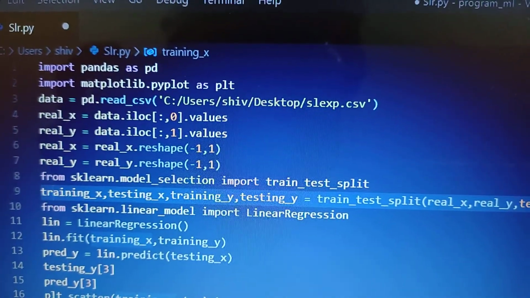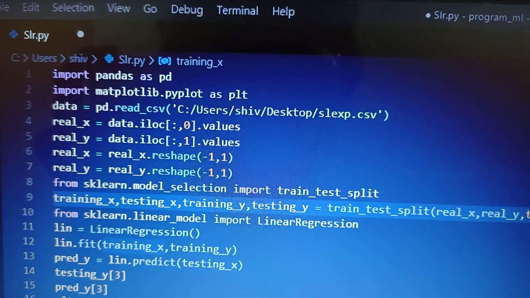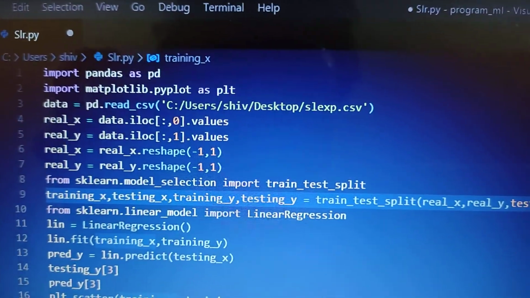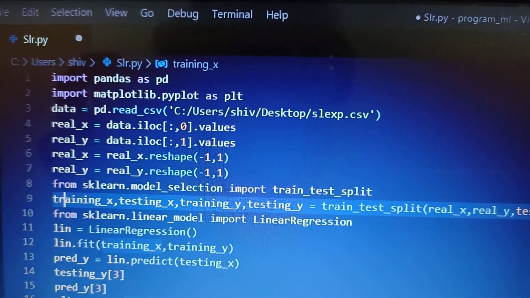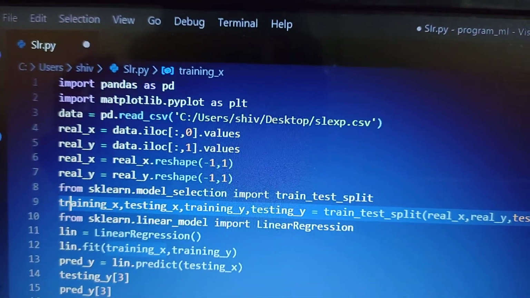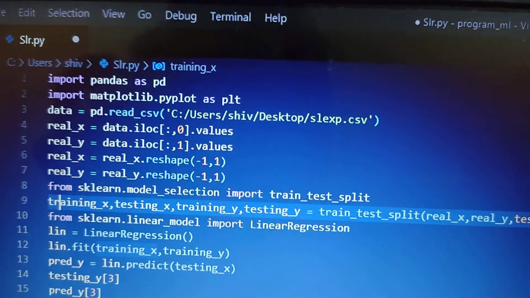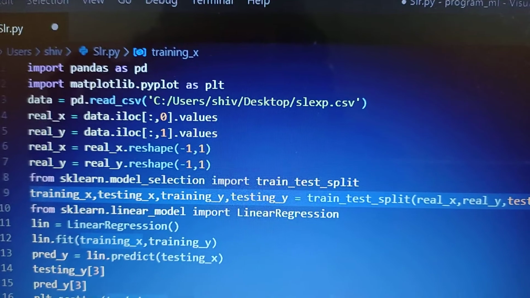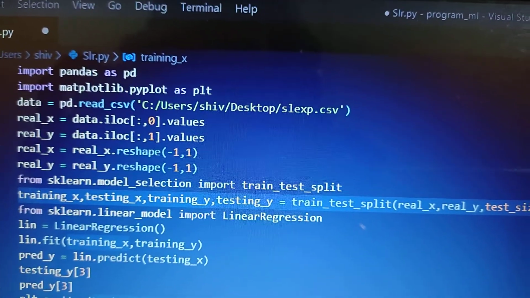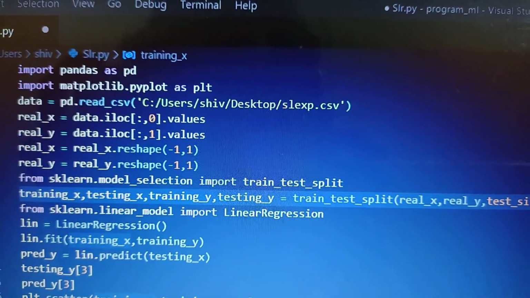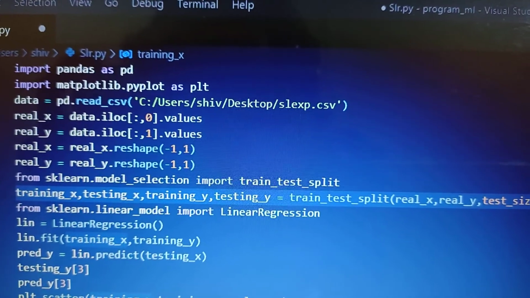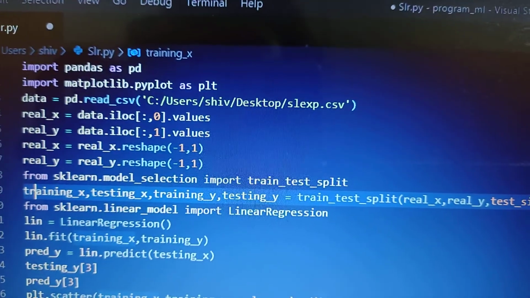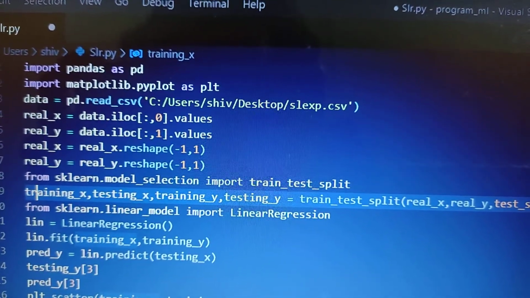This is an assignment which we have to submit to Skyfi Labs for the project discussion, and I will show you step by step and explain all the commands. First, importing all important libraries. First, import pandas as pd, then import matplotlib.pyplot as plt. Matplotlib.pyplot is basically plotting our dataset and output.